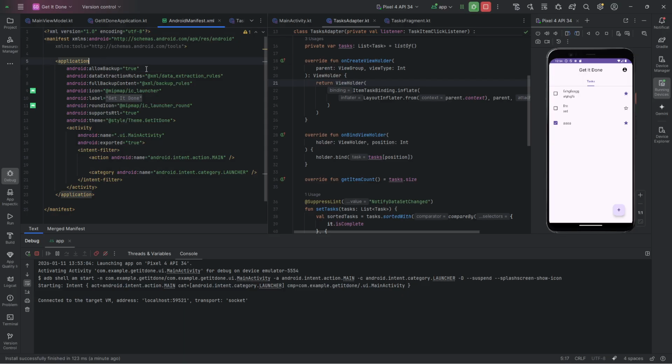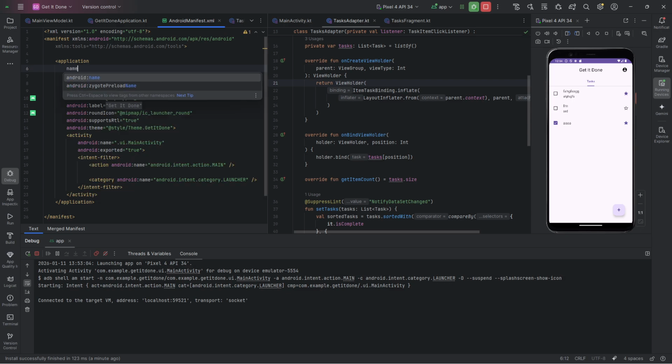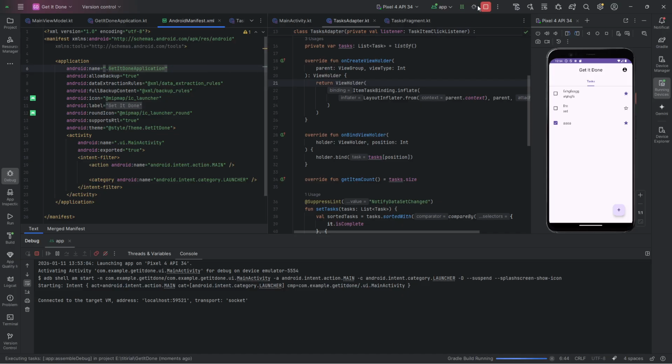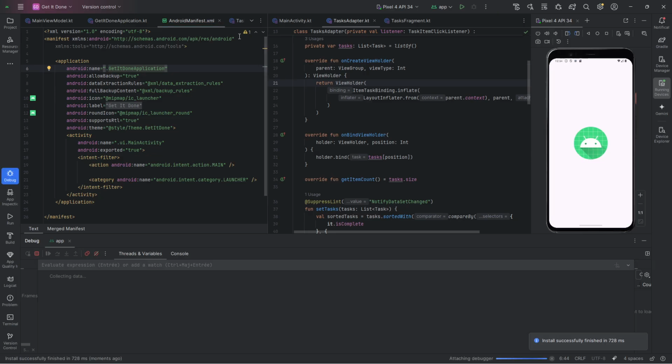And usually, if you've extended an application class like we have, it will suggest the one we've done. So in our case, it is .GetItDoneApplication, dot because it's at the root of our folder. If you had that in the UI folder, it would be .ui.GetItDoneApplication, but we've put it at the root so we can autocomplete. And now, when I run the app in debug mode,